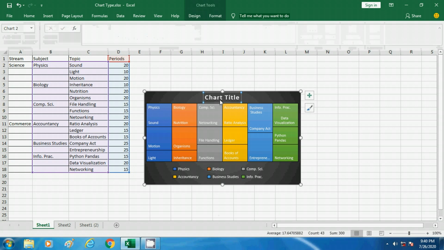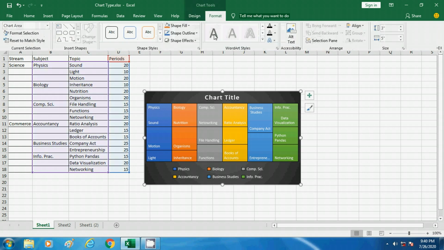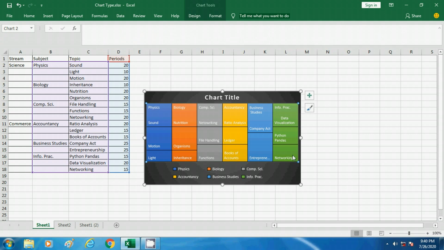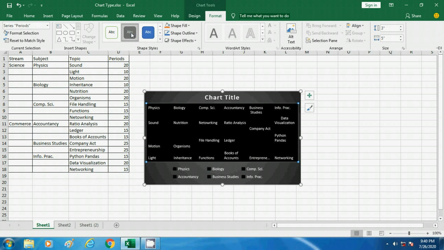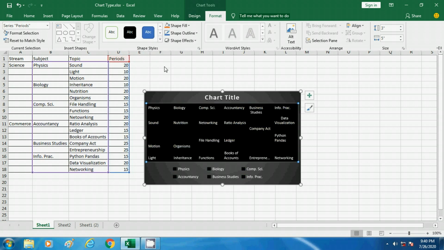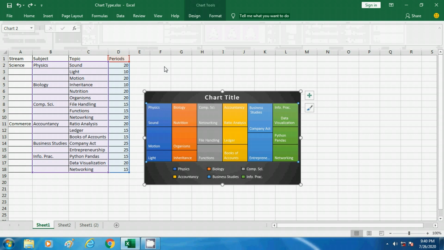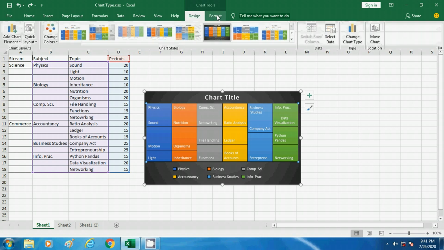The second thing is format. In format you can change a specific format, like a specific box. This entire box I want to change, so then you can select from here and apply it. See, everything is coming in the same color. Like that you can apply. Let me do Ctrl Z here. Now the next thing is shape outline. Similarly you can apply, all these options are available. So design and format are used for changing the format and design of your chart. I hope you understood very well how to plot a tree map chart.